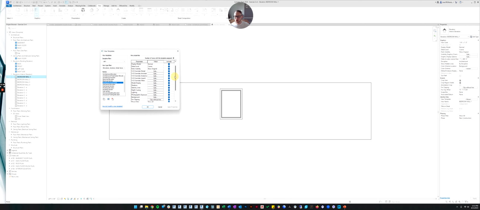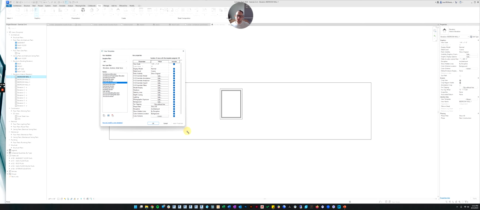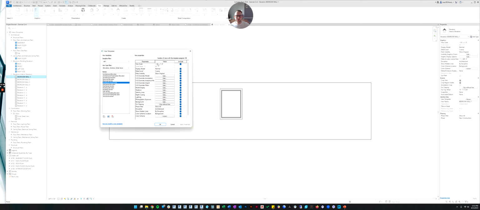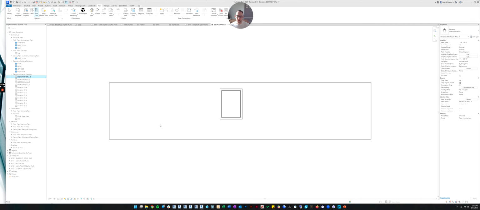And this is where you can control all the things in the view template. This probably warrants a whole other video, and it's probably outside the scope of this class. You should simply know a couple things. One, that view templates exist and they will help save you time. And you can go through all of these settings if you want. But really, if you just remember to set your settings how you want them before you make the view template, then all you have to do at this step after you've named it is click OK.